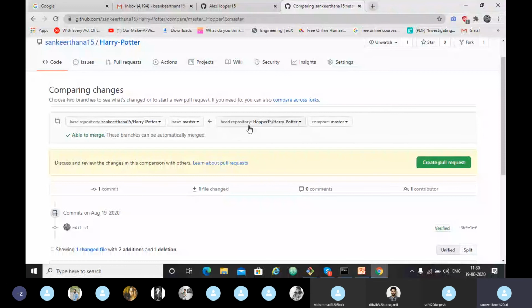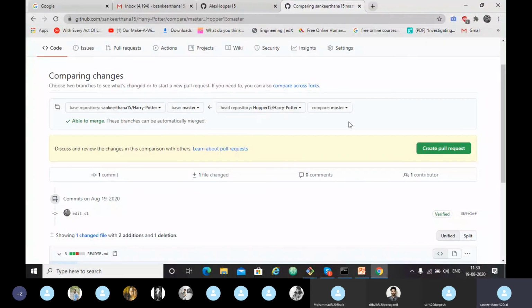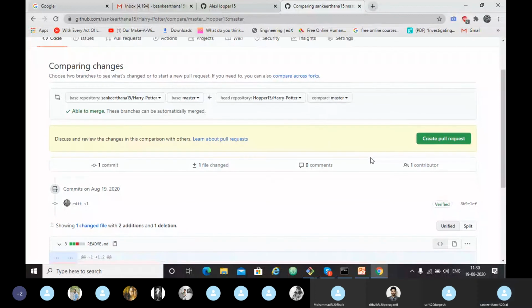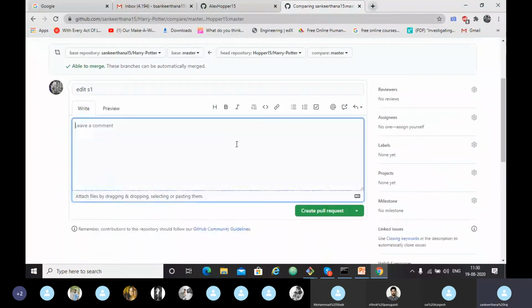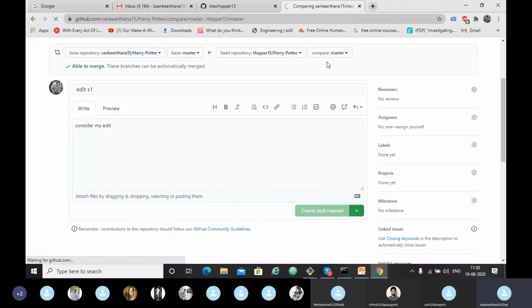We are doing all this on master branches. We can create any number of branches, just like we did before in the classes. Create pull request. I am just sending a message, consider my edit. I can click on create pull request.